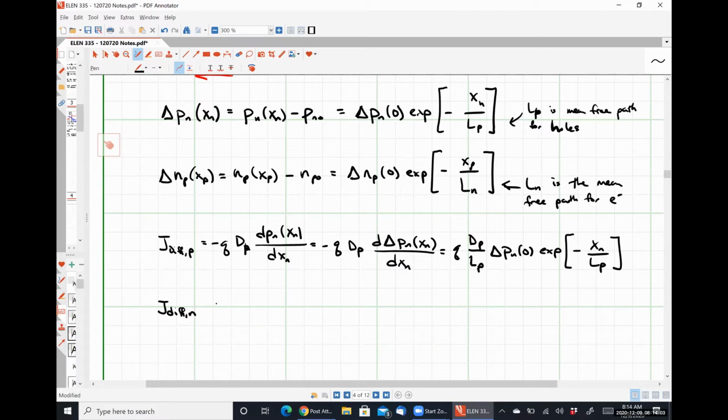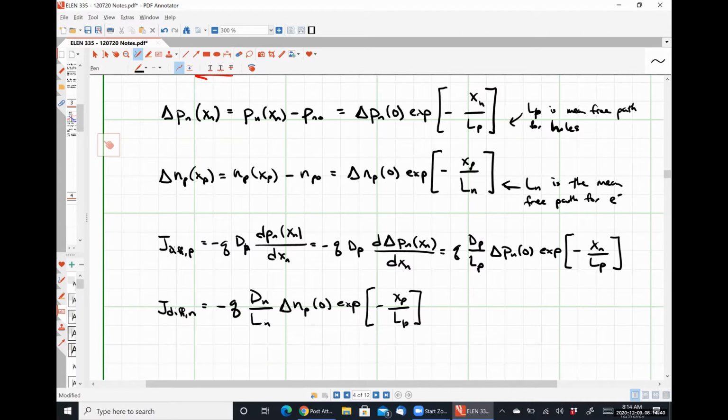the diffusion current for electrons, I'm just going to jump to the result here because the derivation is exactly the same. Negative Q dN over Ln delta NP 0 negative XP over LP. So these are our diffusion current densities, and there's one thing that we need to point